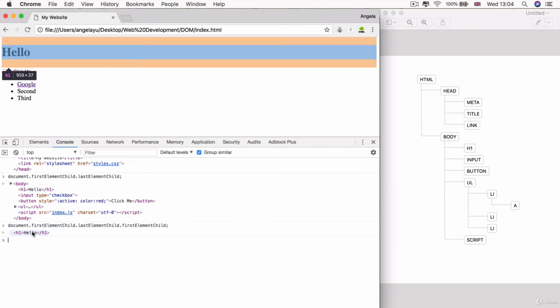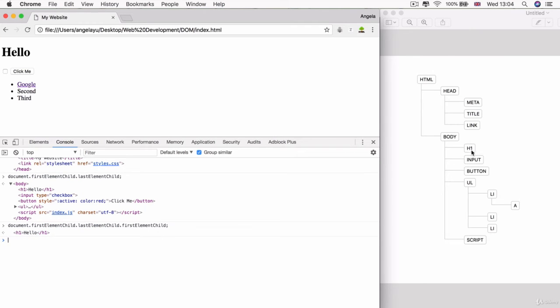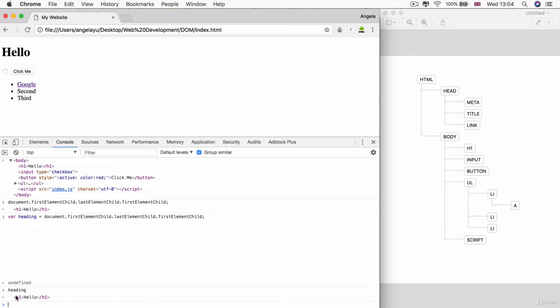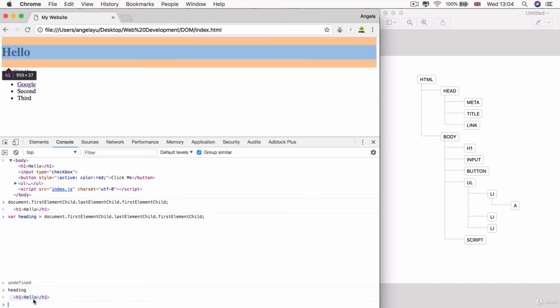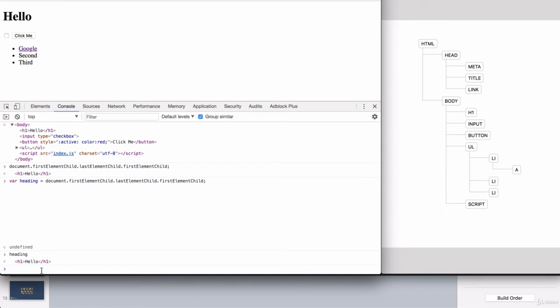Once you've successfully selected the object that you're interested in inside the DOM, then you can manipulate it. So we know that this line of code gets us to our H1. So I can simply save it inside a variable. I can say var heading equals this object. And now you can see if I hit heading, it's pointing towards our H1. So if I wanted to manipulate that heading, then I can simply say heading dot inner HTML equals